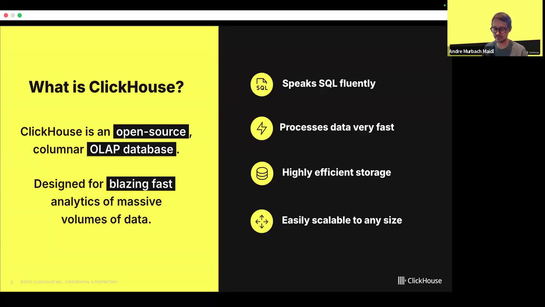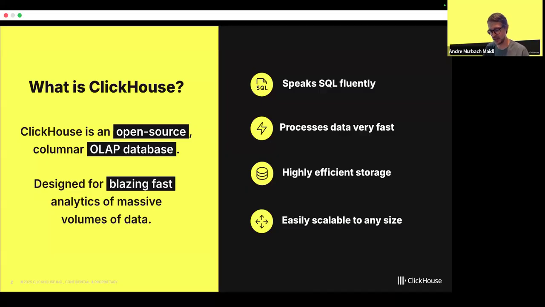And all of this that I mentioned also makes ClickHouse easier to scale. The fact that the data is stored in columns makes it much easier to vectorize queries when you are running queries on more than one CPU.